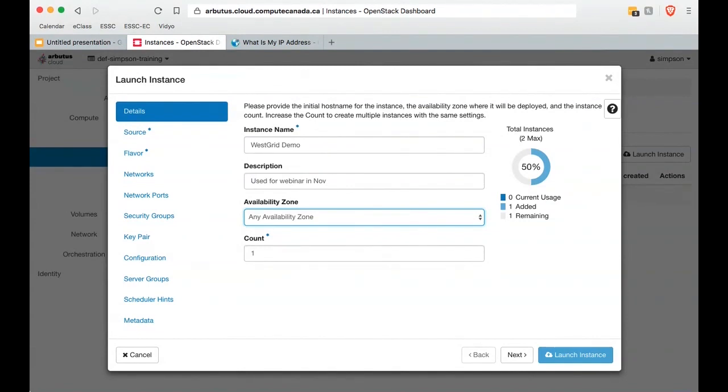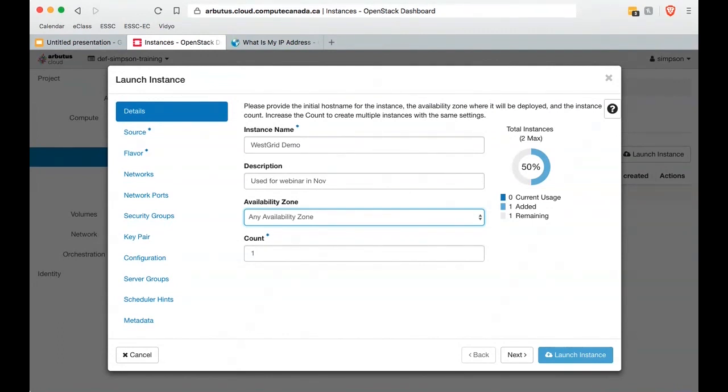Now there's persistent 1 and persistent 2. The reason for this is that on Arbutus, it's possible for you to set up what would be known as a high availability system. You deploy a server on persistent 1, you deploy another one on persistent 2, they're aware of each other and they could do things like load balancing.